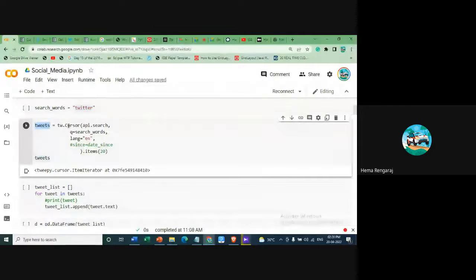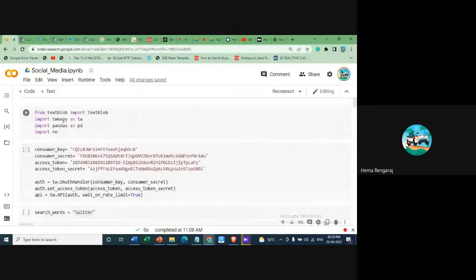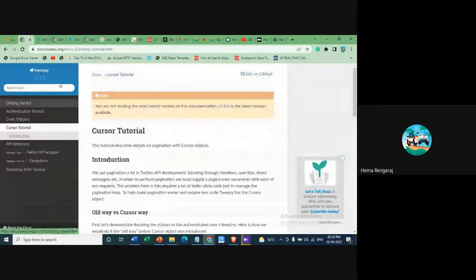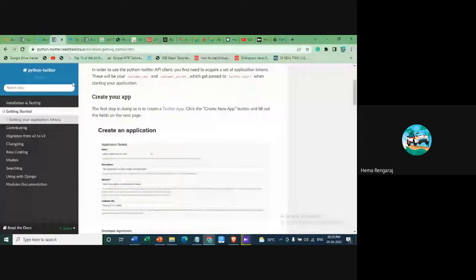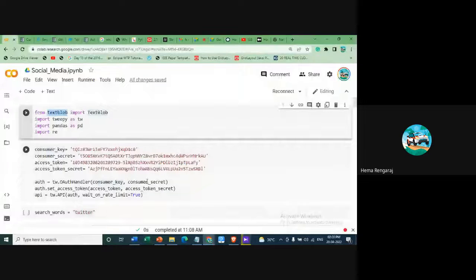And for tweets, you have to get the tweets. How many tweets are you going to take? I am going to take the top 20 tweets from the Twitter messages that are circulating online. So will it be random, or the top most 20 tweets? That is decided by the Twitter API only, because the people who are giving access to us will decide which 20 tweets to give to you.